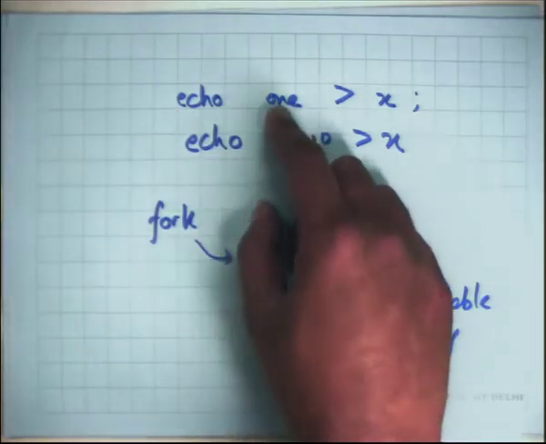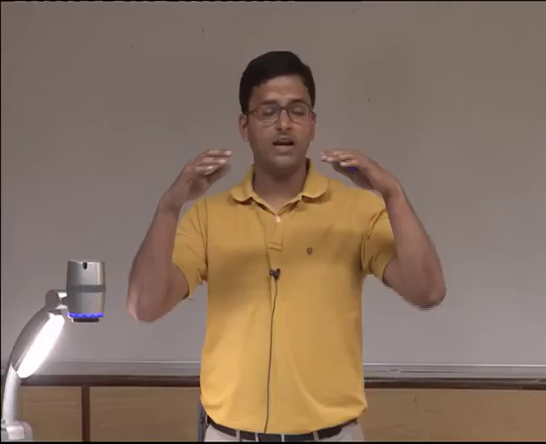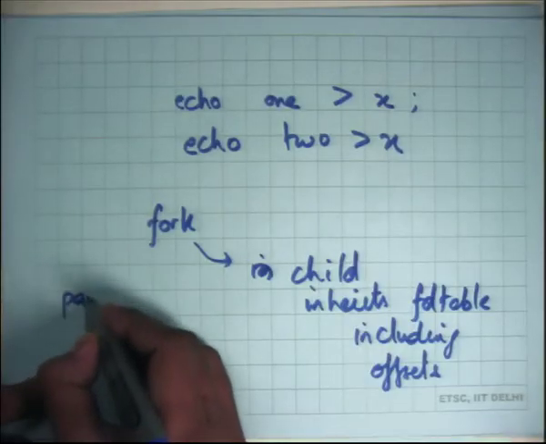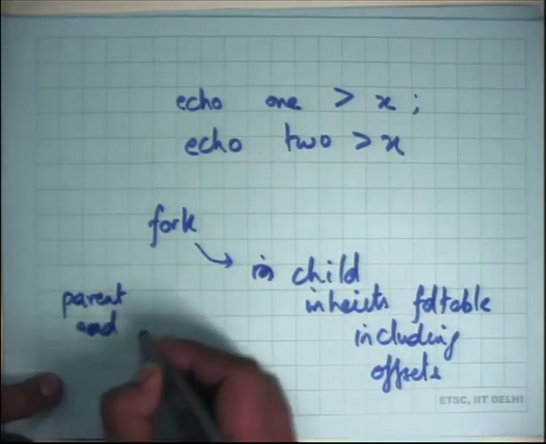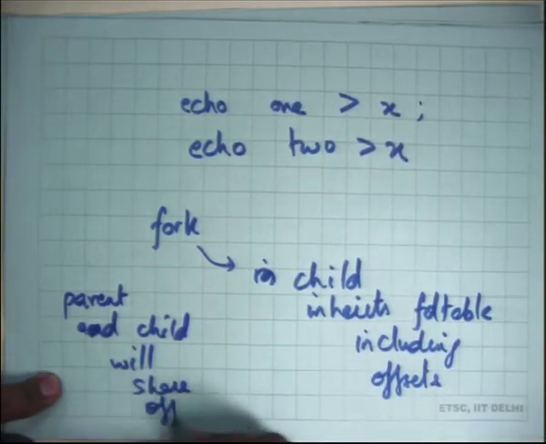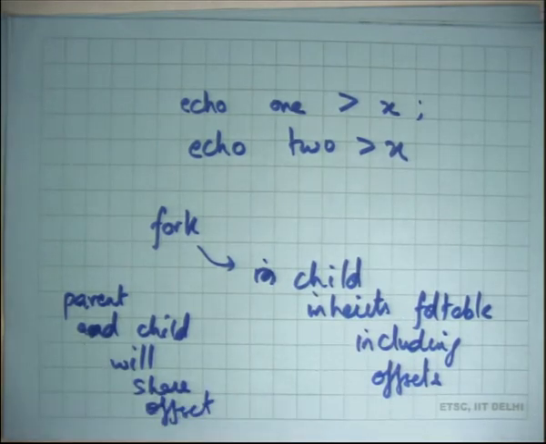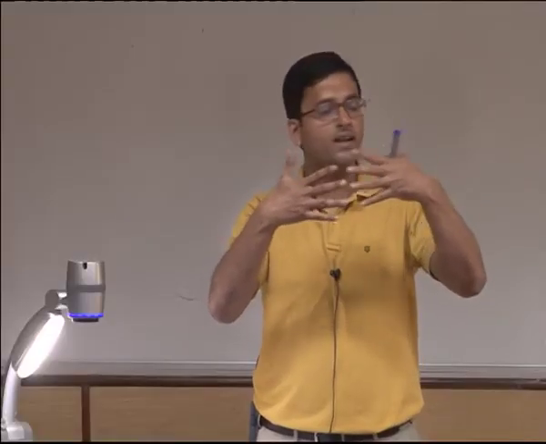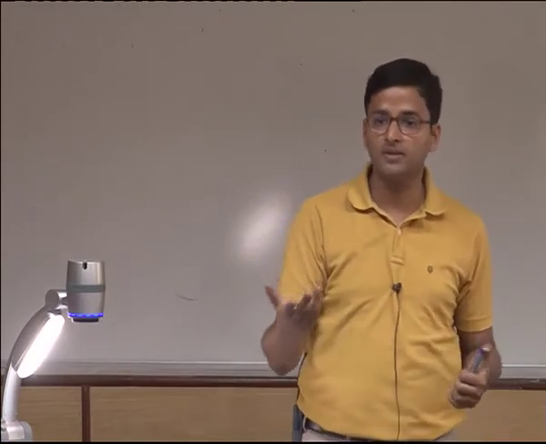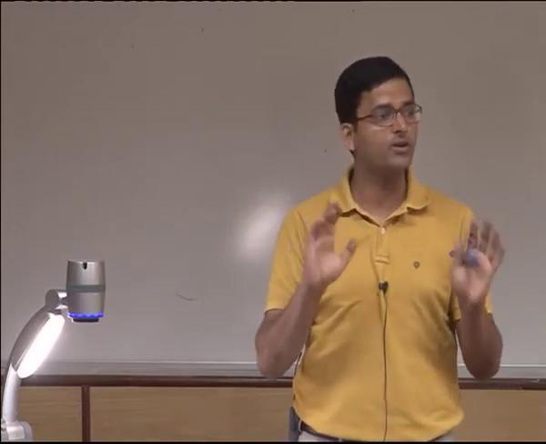When it's going to write something to the file, because the offset was implicit and was shared between the parent and the child, the parent and child will share the offset. Because they share the offset, if the child writes anything to the file, the offset of the parent automatically increases. And so you don't end up overwriting each other, you end up appending to each other's output. The append may be non-deterministic, but in any case it's not overwriting.